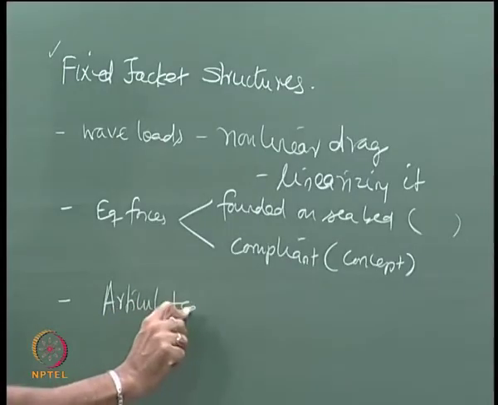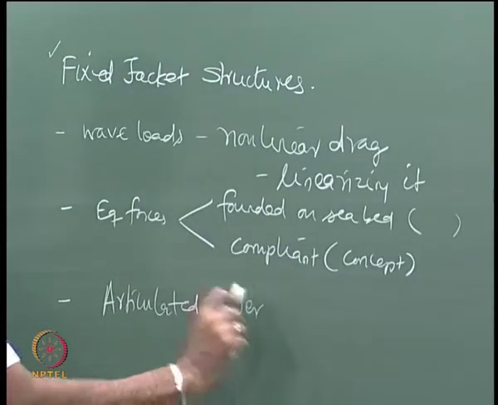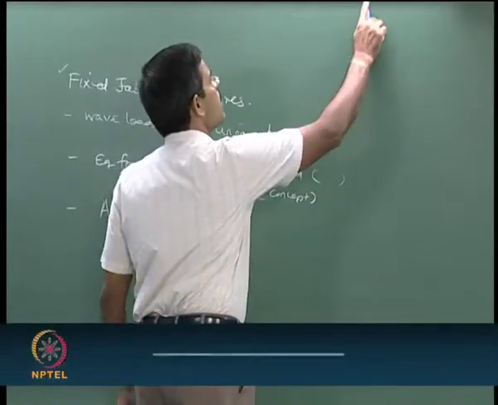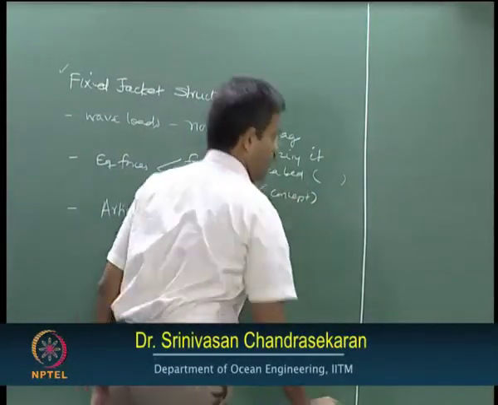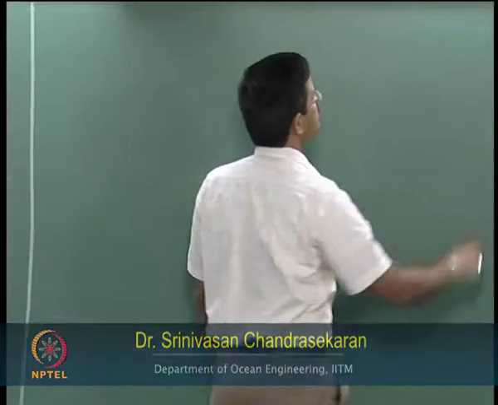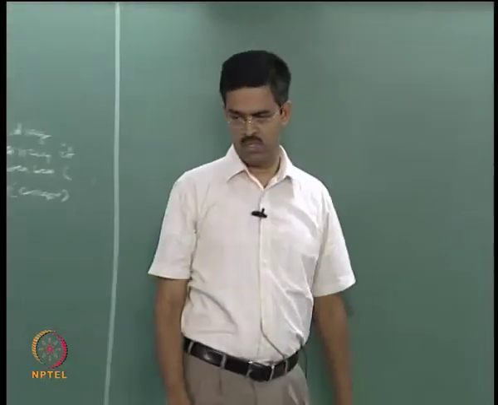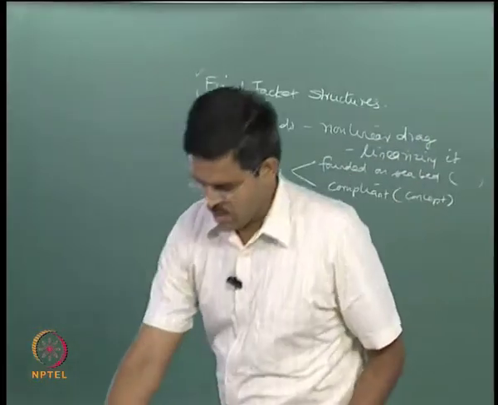We have seen in the last lecture the application and advantages of articulated towers, and where they have been used. In this lecture we will talk about the dynamic analysis of this. Of course, we will show some results of the dynamic analysis and some of the important conclusions for this kind of compliant tower.